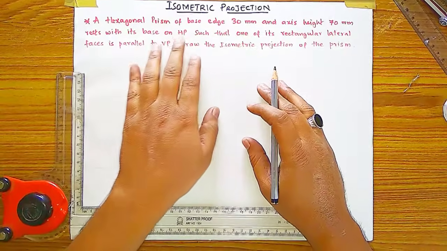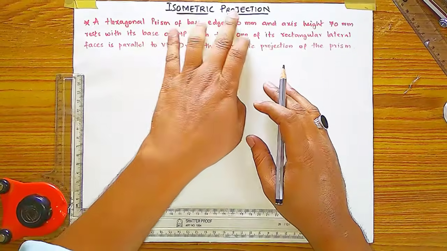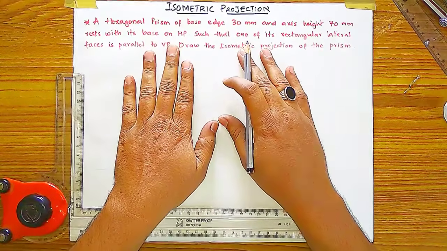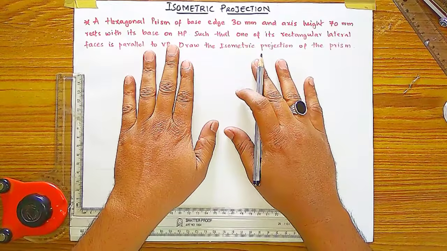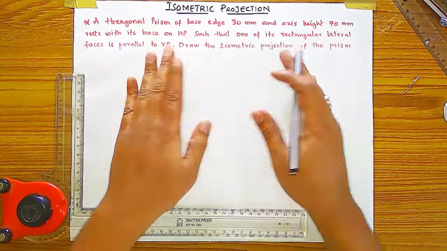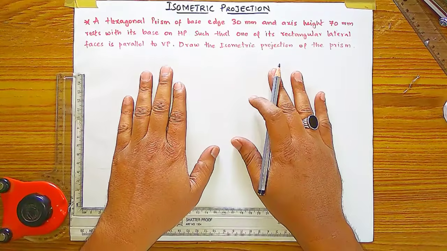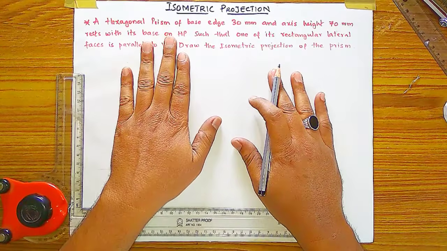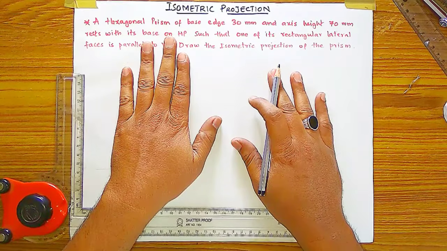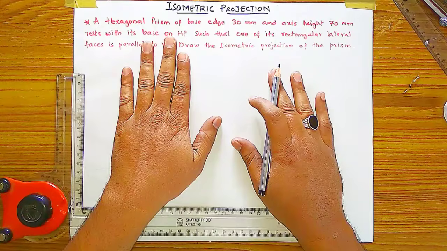Today I am going to explain the isometric projection of one of these problems. So please watch this video till the end, then only you will come to understand, and also practice by yourself. This isometric projection problem is applicable to diploma, ITI and engineering students, and this problem is of 10 to